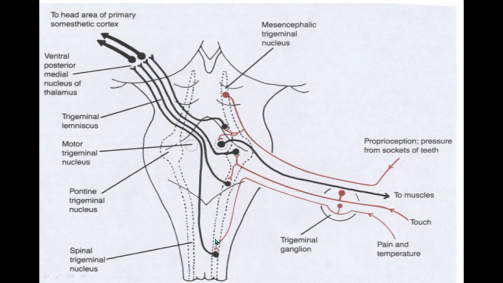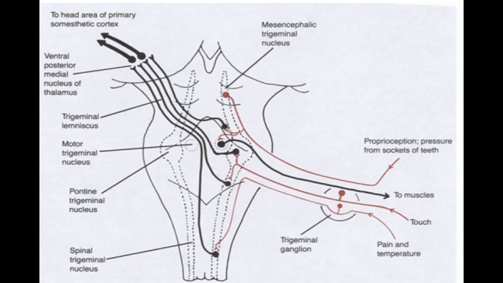The spinal nucleus receives sensory inputs from the primary neurons located in the trigeminal ganglia carrying pain and temperature impulses, whereas the principal sensory nucleus receives the first order neurons, which are located in the trigeminal ganglia, carrying touch, whereas the mesencephalic nucleus